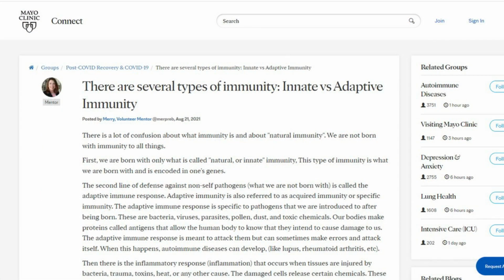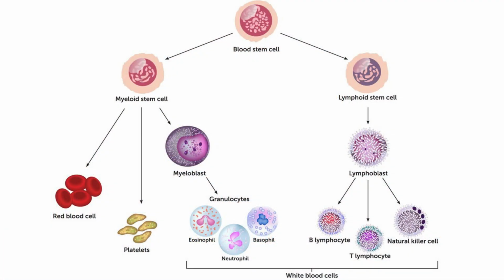Of course, introducing this topic opens up another set of videos and content. So I found an article from the Mayo Clinic, and it's short, and I'm going to read it, and I'm going to leave it below in the description box for you to read yourself if you want to learn some more about this. Keep in mind that immunology is a whole field all in itself, and there are multiple contexts and aspects to this. So this is just more of an introductory discussion, and just keep that in mind.